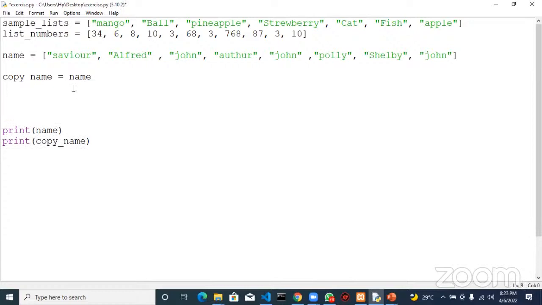When we try to change, probably along the line, a particular item, let's say the item at index 0, we want to change it so it is no longer Savior. Let us say William. So now let's say we want that to be William. If we execute this,